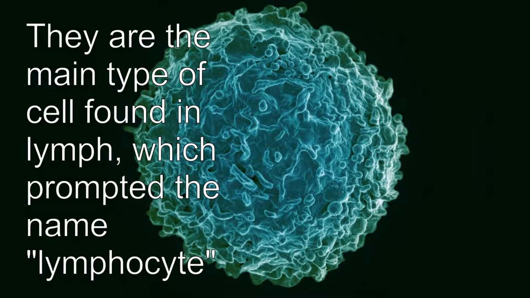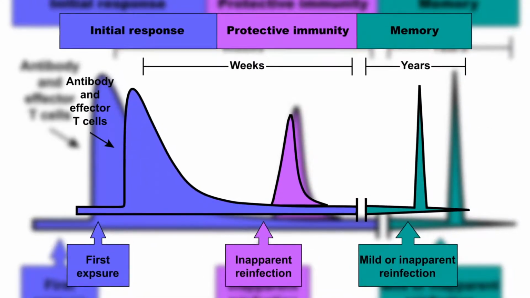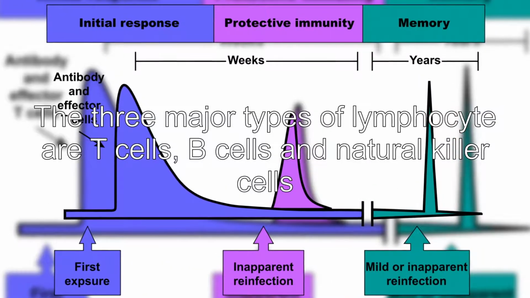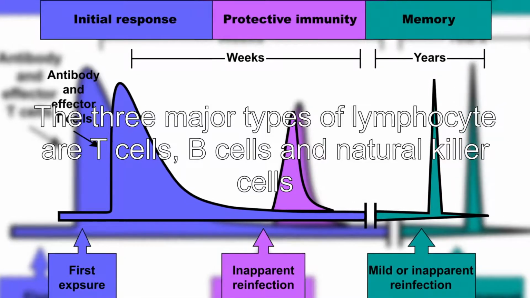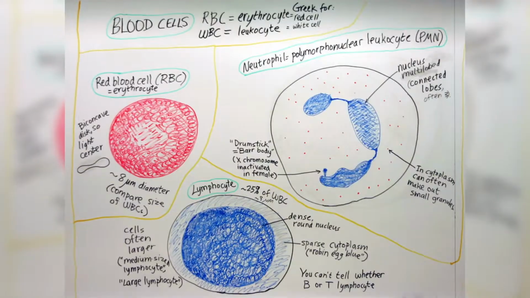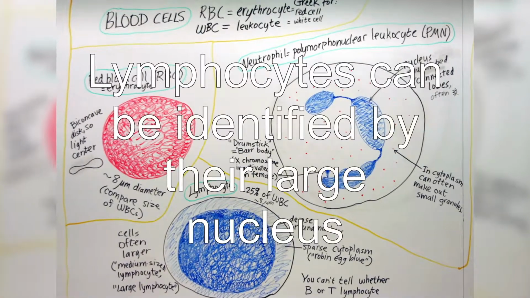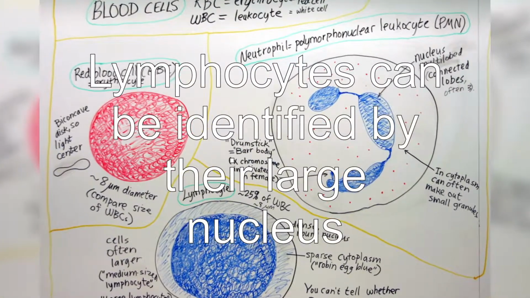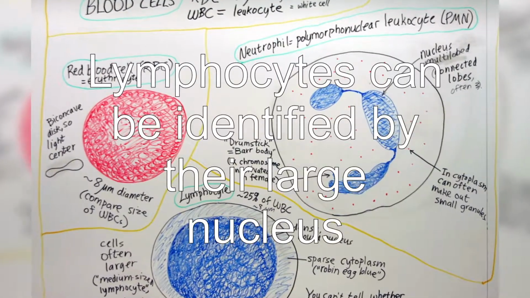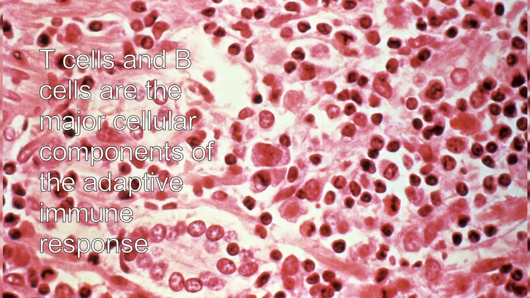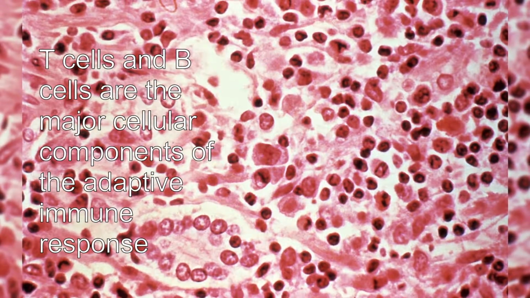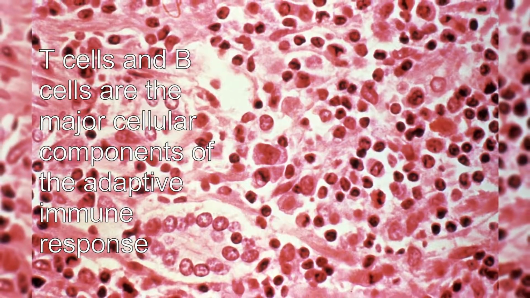T cells and B cells are the major cellular components of the adaptive immune response. T cells are involved in cell-mediated immunity, whereas B cells are primarily responsible for humoral immunity. The function of T cells and B cells is to recognize specific non-self antigens, during a process known as antigen presentation. Once they have identified an invader, the cells generate specific responses that are tailored maximally to eliminate specific pathogens